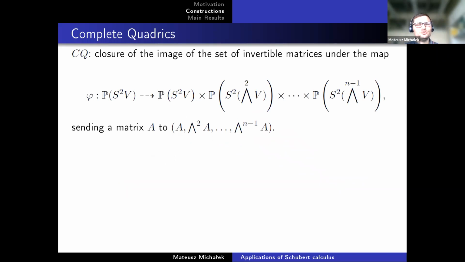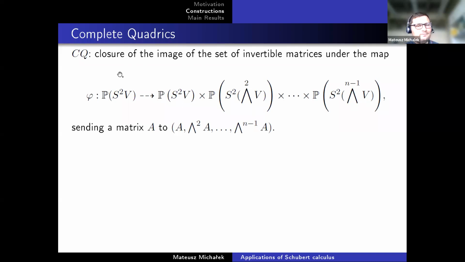And how do you construct it? I wanted to give you an idea because it's a very powerful and yet an easy method. So you start by taking a symmetric n by n matrix, and first you remember just the matrix. Then you remember all 2 by 2 minors of this matrix. Then you remember all 3 by 3 minors of this matrix. Then you remember 4 by 4 up to n-1 by n-1 minors. So you get those long vectors.